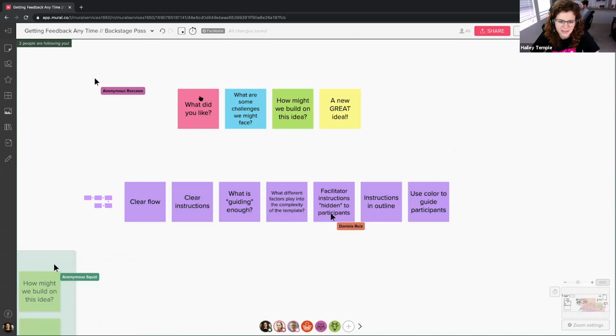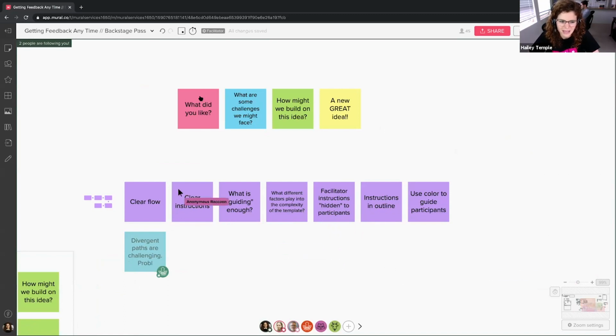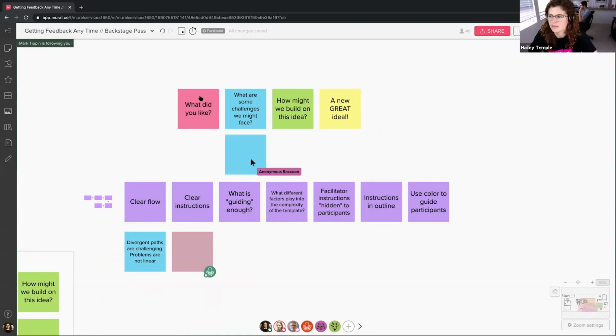If I wear the hat of the person who likes this, I think it's important to show visual flow in a mural in terms of a template, so I know the steps in the process. The challenge I've had with experience doing templates that have a flow is you get the sense that if you change the flow, it's wrong.